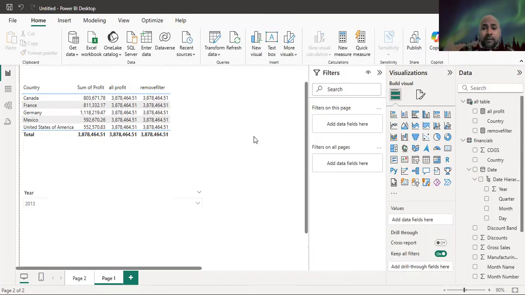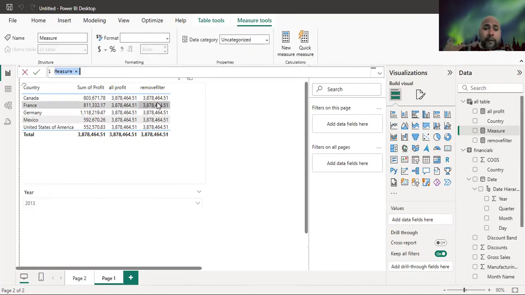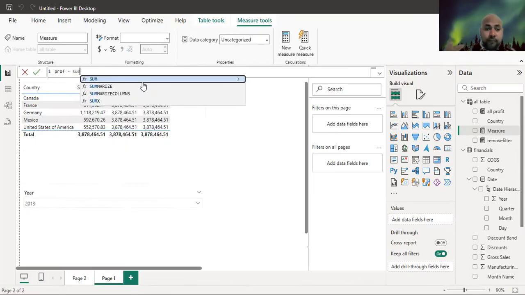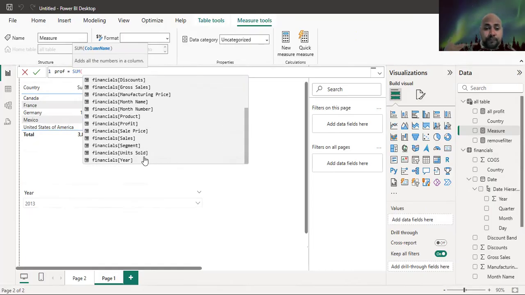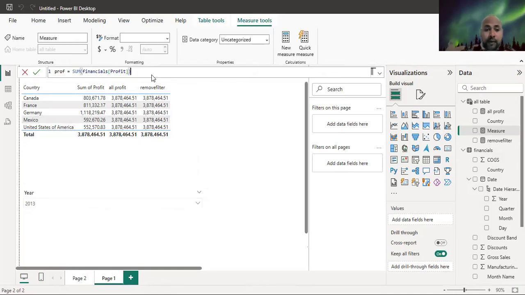To do that, let's create another measure of profit. Okay, let's call it prof equal to the sum of the profit that we have. Here is the profit. We close the parentheses,